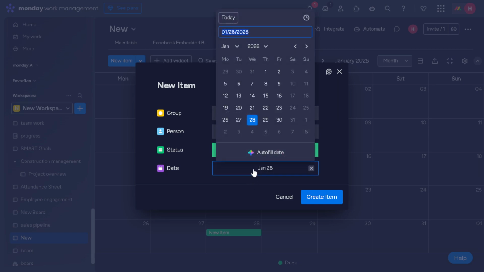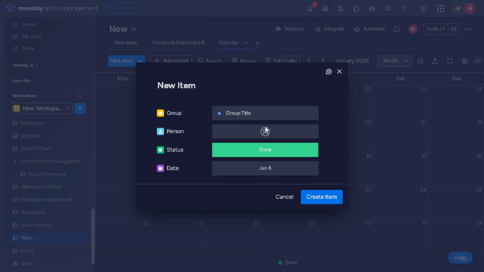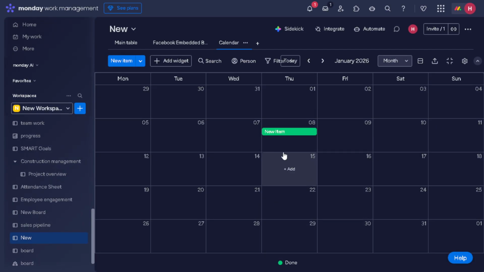Moving on to our second method, which involves using date and timeline columns to enhance your calendar experience. In your main table, the first step is to add a date column to specify deadlines for your tasks. As you transition to the calendar view, you'll find that items with associated dates will automatically show up on the